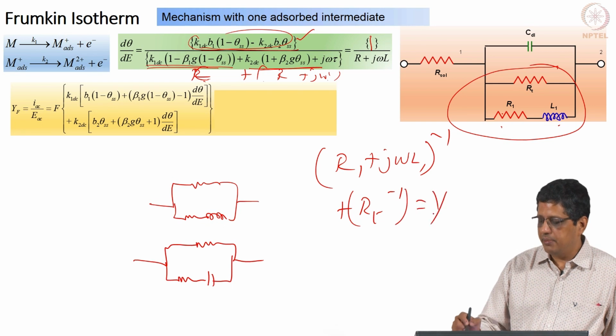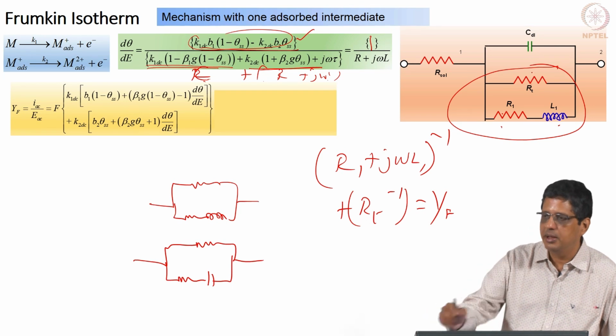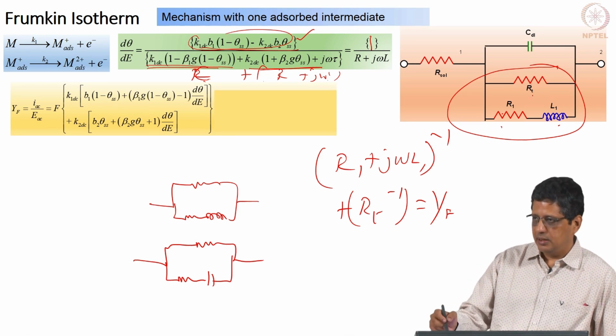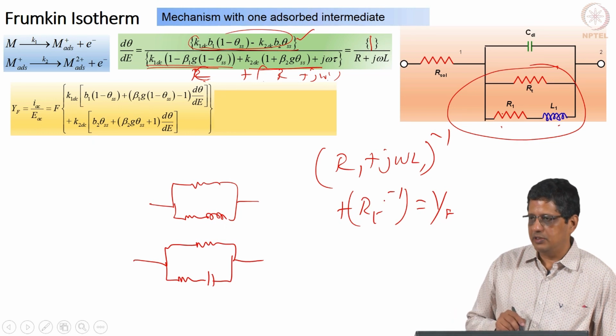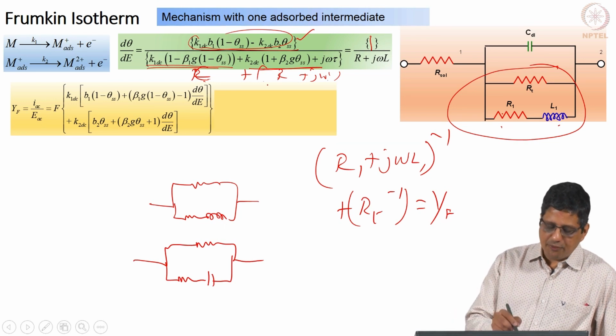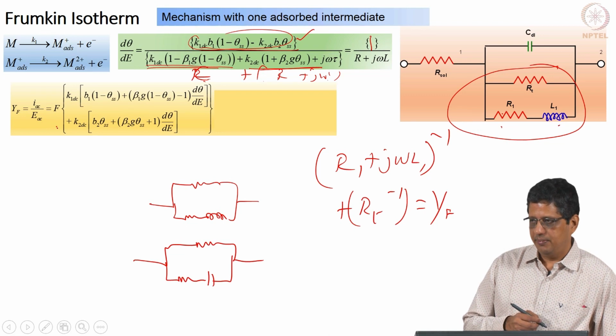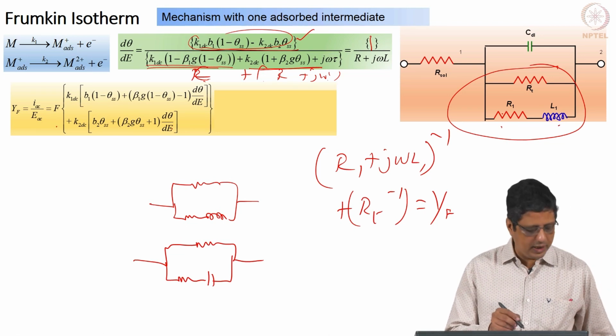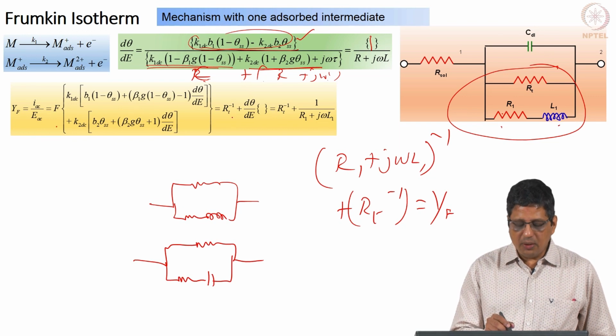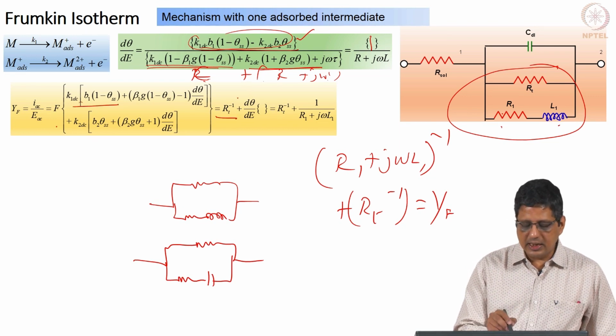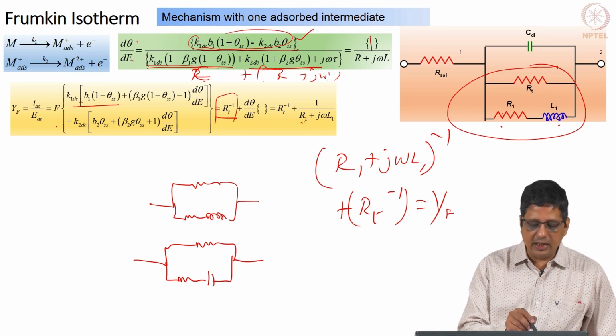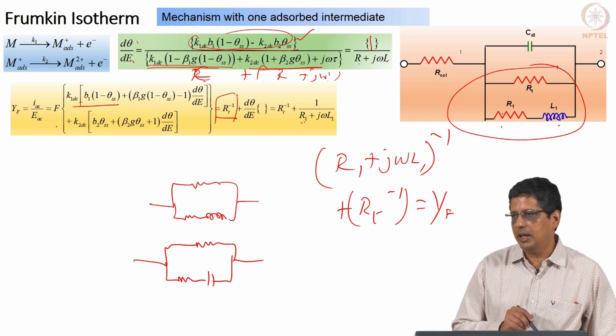It is going to give you Faradaic impedance. Faradaic impedance for this case, or in general this is going to be the impedance or admittance of this circuit, is going to be given by the inverse of this plus inverse of this. Okay. Same form will come here when you look at it here. If I substitute for d theta by d e, ultimately what I would get is one constant here and some d theta by d e multiplied by some constant value parameter here. I can call this as R_T inverse, and this is going to be given as 1 by R1 j omega L, because d theta by d e can be written as 1 by R j omega L.